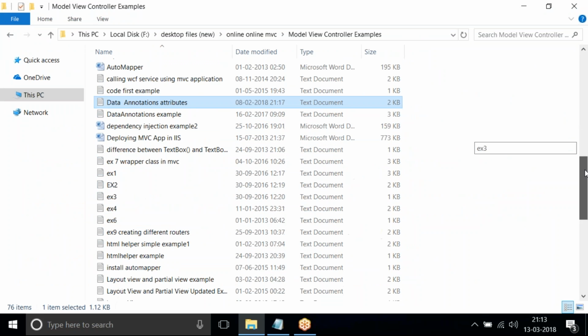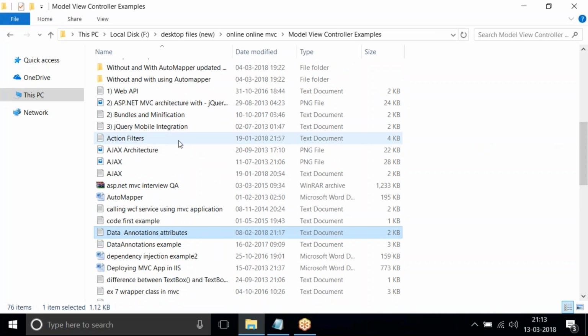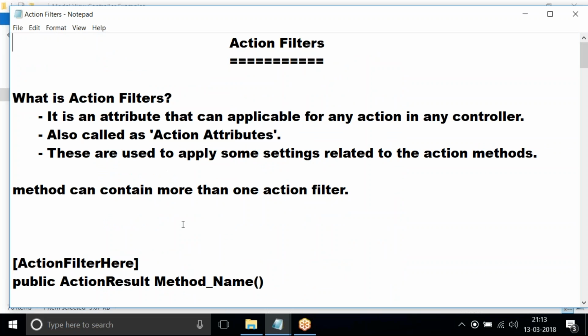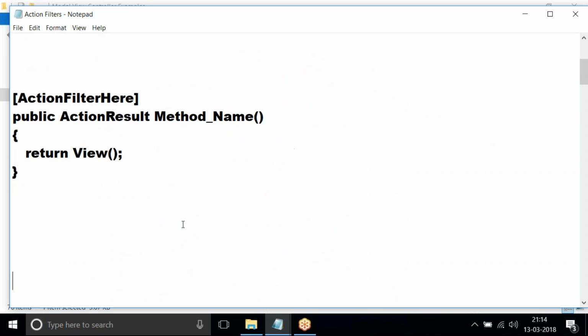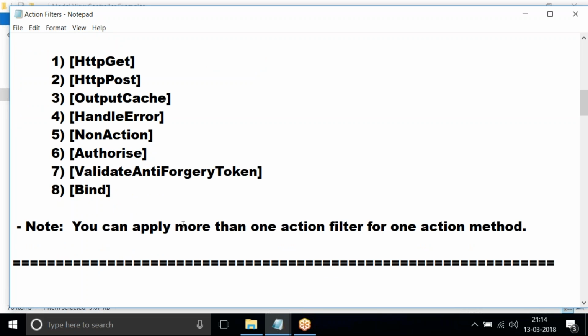And next, action filters also we have discussed. In action filter, these are given above the method in controller. Here these are the action filters: HTTP get, post, output cache, handle error, non-action, authorize, validate anti-forgery token, bind.